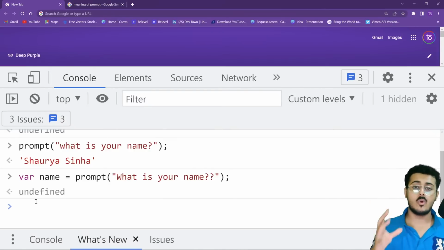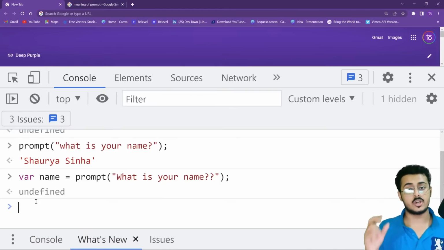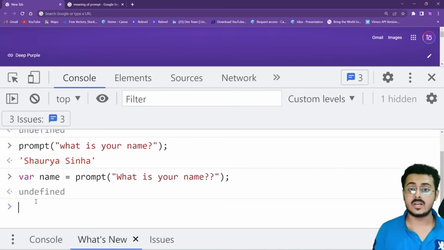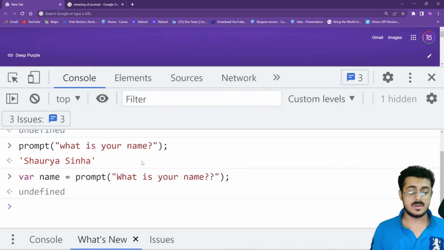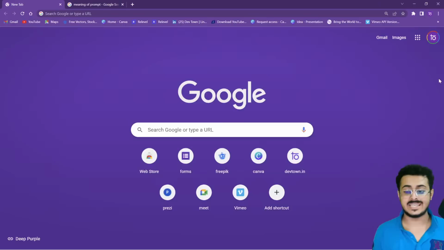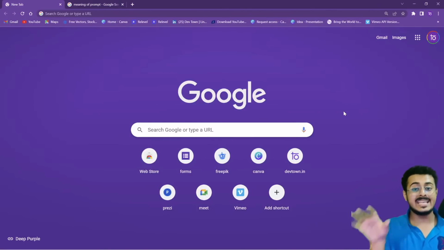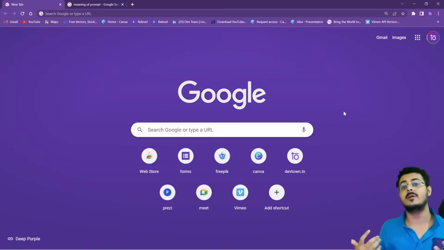So there is one more inbuilt function in JavaScript called console.log, which you can use to write something down in the console itself. This place where you're writing your code is called the console. And this console, as you're able to see, is hidden. The user is not able to see the console normally. He has to go into inspect and then go to the console to see it. So whatever you write in the console stays hidden from the eyes of a normal user.